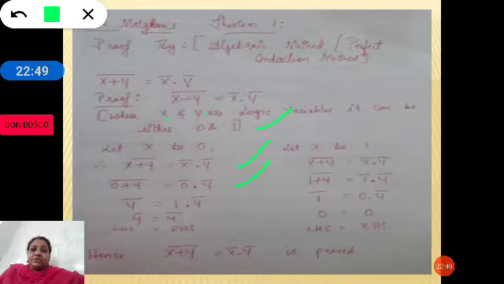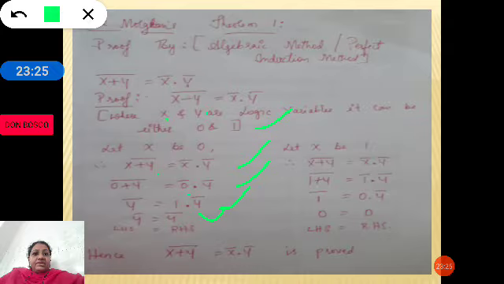So now 0 plus y is y, and as there is a bar here, the bar is retained. So we will have y bar. Here 0 complement is 1. So 1 ANDed with y bar is equal to y bar. So 1 ANDed with x is equal to x. Therefore 1 ANDed with y bar is equal to y bar. So now you can see left hand side and right hand side we are getting y bar. So y bar is equal to y bar.